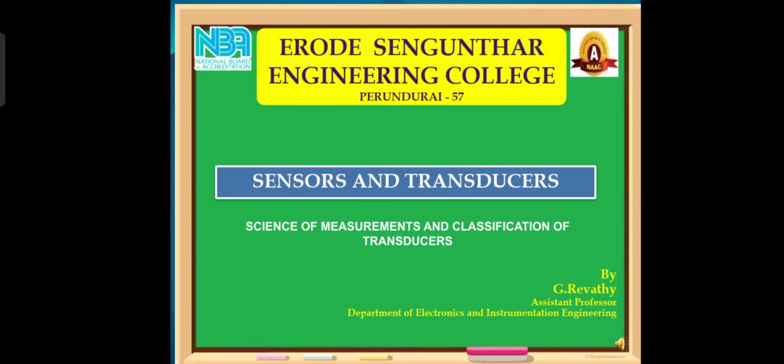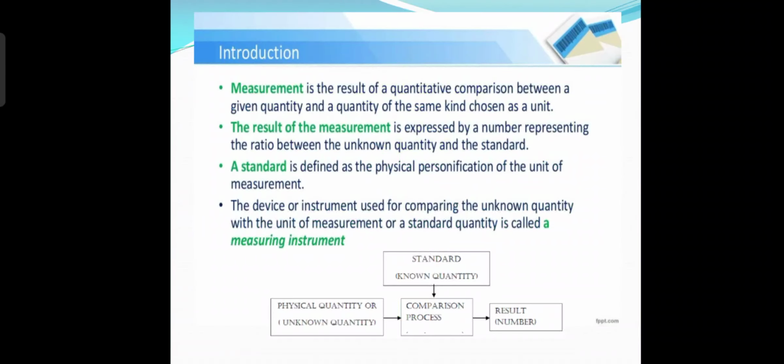The measurement is generally defined as the measurement of a given system is the art or a result of comparison between the known quantity and a predefined standard. Since two quantities are being compared, the result is expressed in numerical values. The purpose of measurement is to convert the physical parameter to a meaningful number. Whereas standard is defined as the physical personification of the unit of measurement.